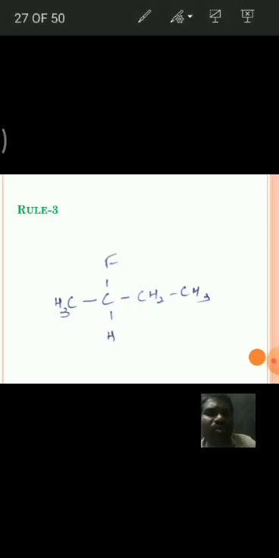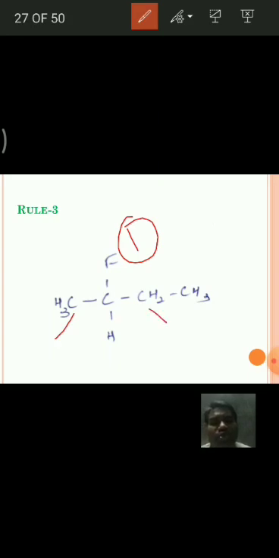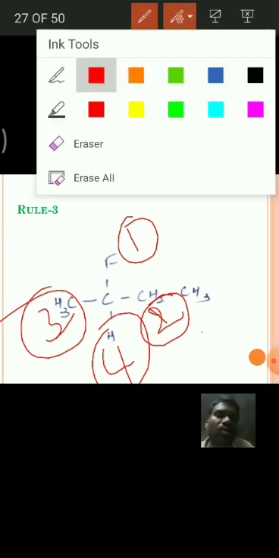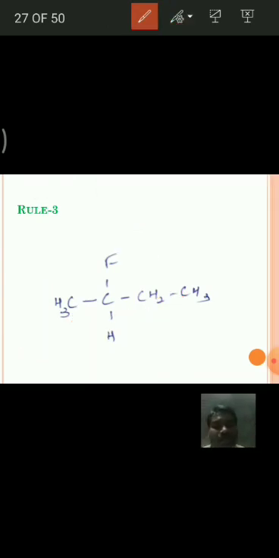And the next, see here one more example. Here hydrogen, fluorine and methyl and ethyl groups are attached. As we know, fluorine is having a higher atomic number than carbon, hence first priority, and between methyl and ethyl, which is having highest priority? For that, according to rule 3, this carbon is attached to 3 hydrogens, this carbon is attached to 2 hydrogens and 1 carbon. Hence, it should be given as second priority, it should be given as third, and the hydrogen is least. I think you have understood about the sequence.